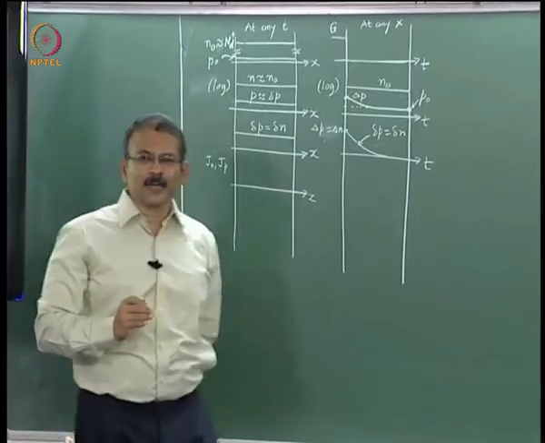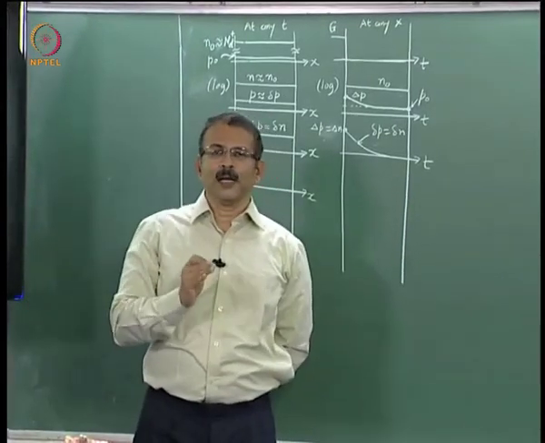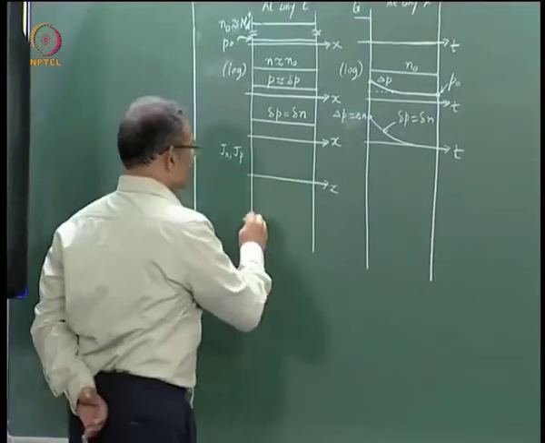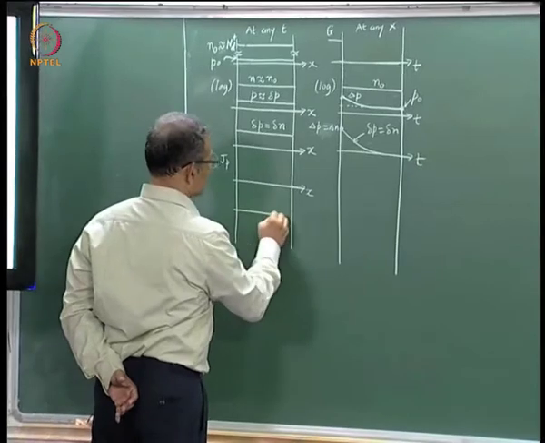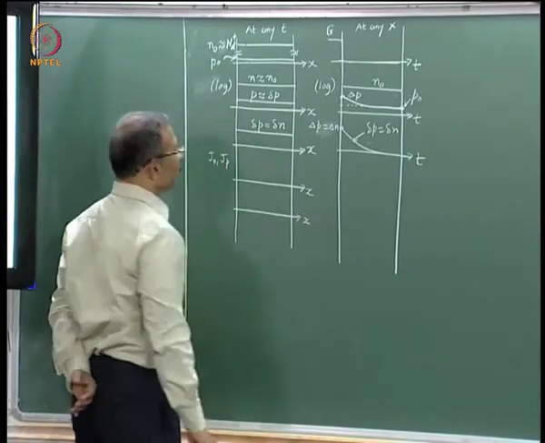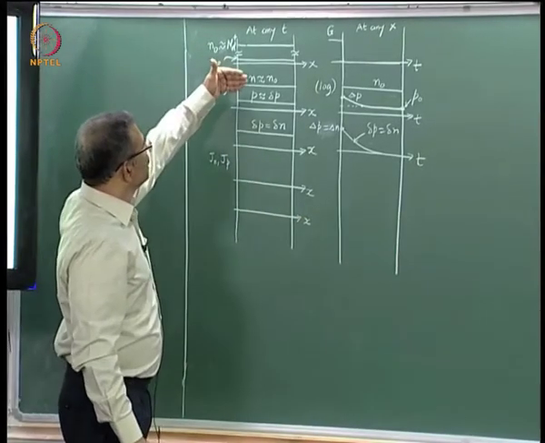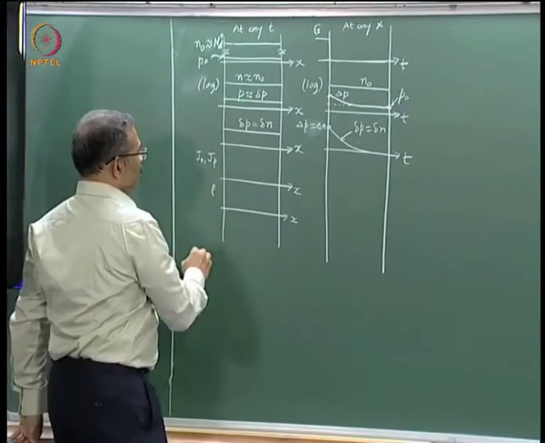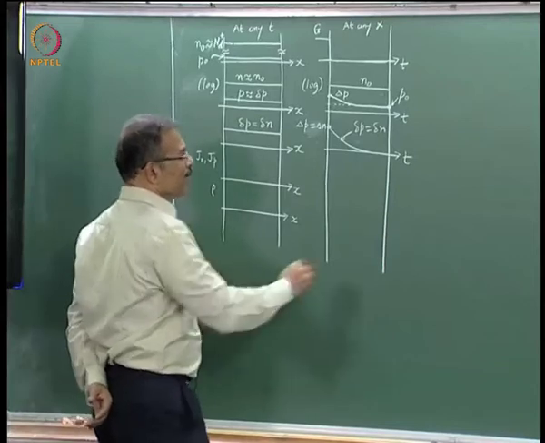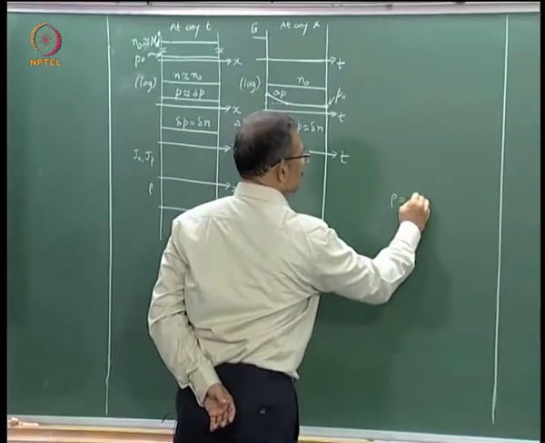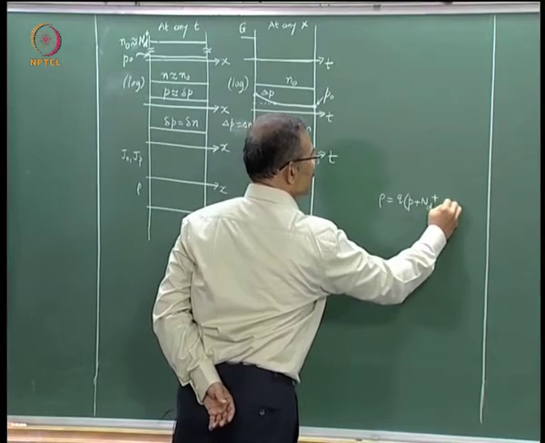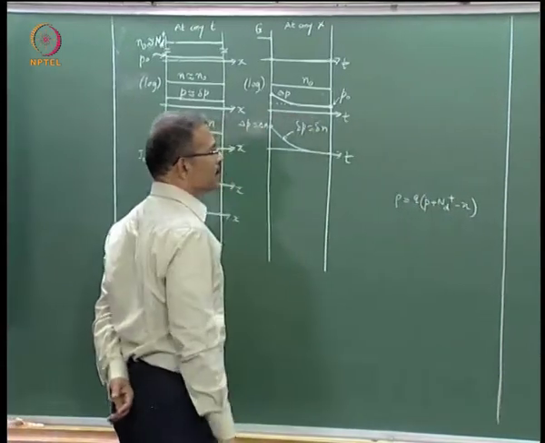Let us move to the electric field. Now how do you plot the electric field? The electric field can be plotted if you know the space charge and boundary conditions of the electric field. So what is the space charge? If I first try to sketch the space charge, that can be done based on the information about electrons and holes. So the space charge is q times (p plus Nd plus minus n) for an n-type semiconductor. That is what we are assuming.